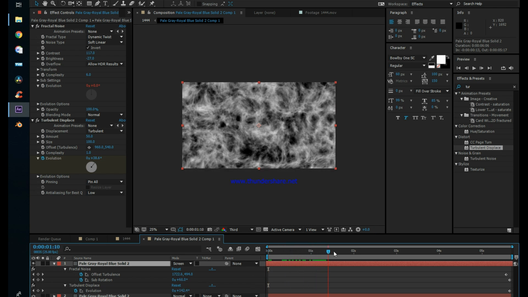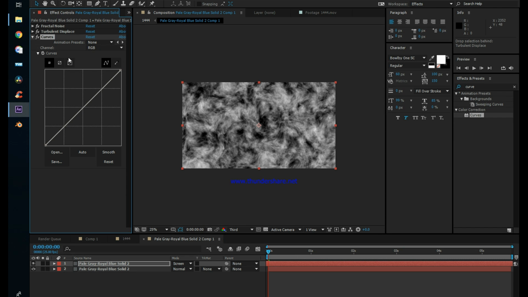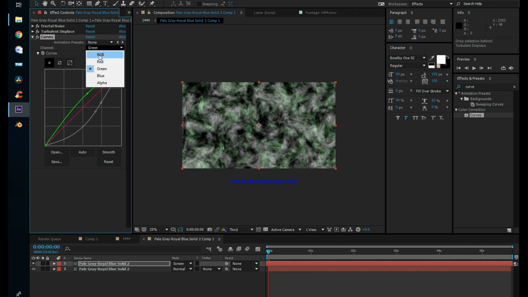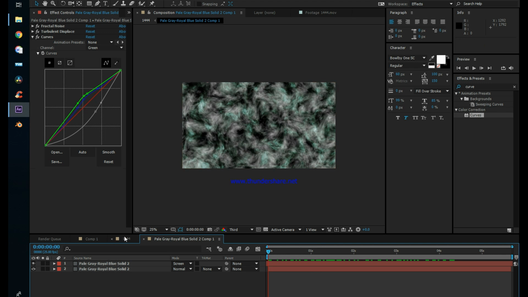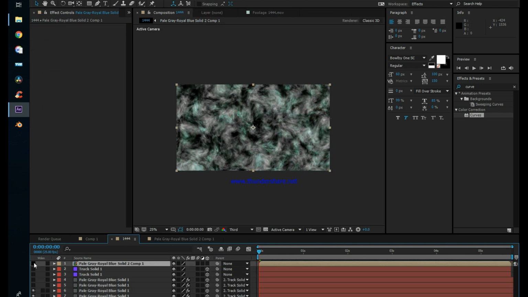So right now there are two values, so right now we are applying a curve adjustment, so we can play around with it. And we'll go to the green, let's change like that, and our main focus is getting an electric kind of effect, so it is always good to make more use of green and blue, because that's really nice. And then we'll go back to our main layer,